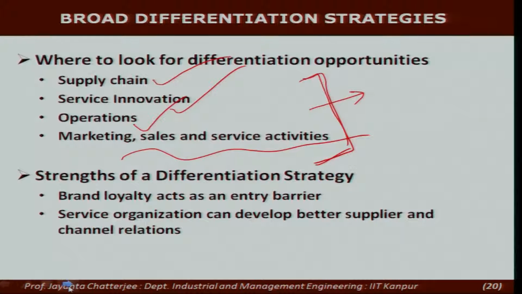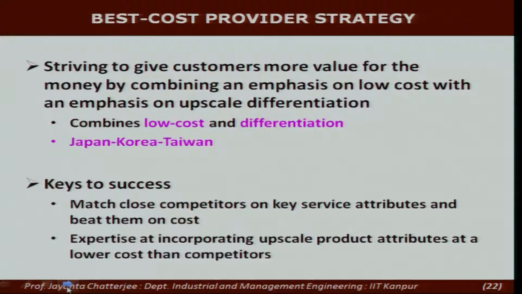And as a result, there are of course certain types of services where we can combine the two and create combinations which are often called best cost, which means a person is giving high quality as well as low cost, because the Japanese or the Koreans, they found long time back that investing in high quality improves your yield, ultimately brings down your cost. So it is possible to offer that unassailable combination of low cost, high quality,